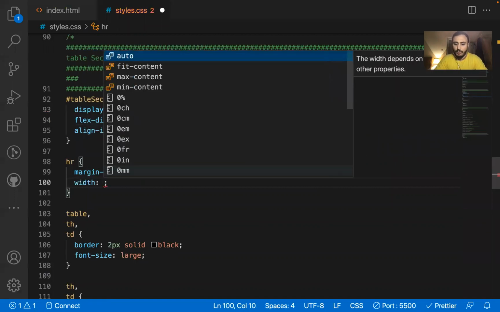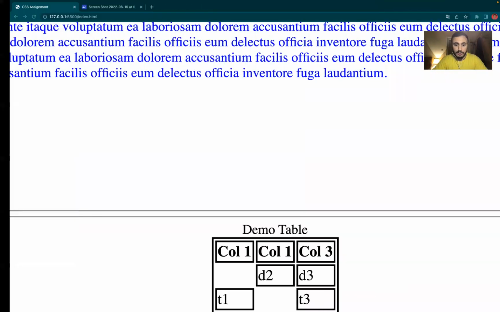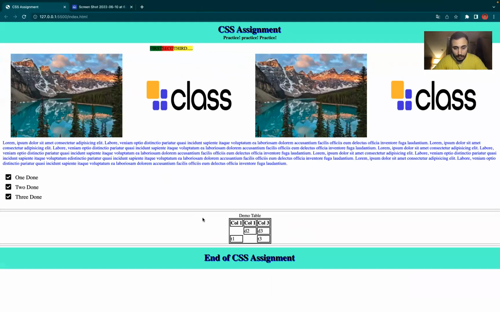Let's give it width 100%, so it just takes the whole length. Amazing. I think we need a bit of margin here. So let's do that. And the columns should be a bit